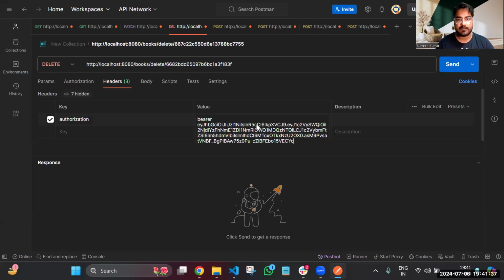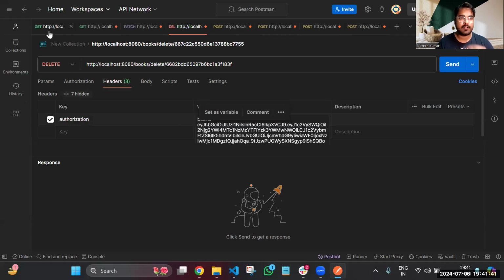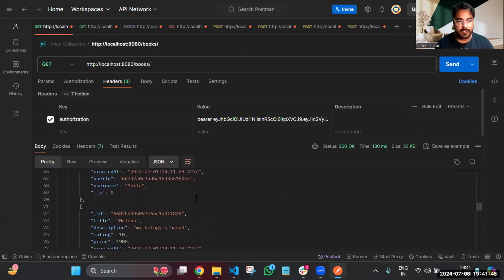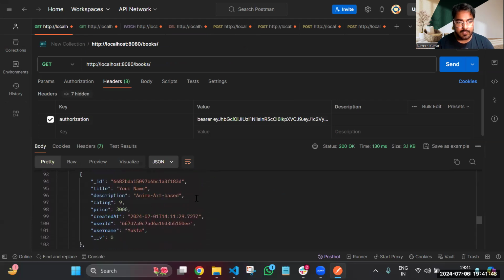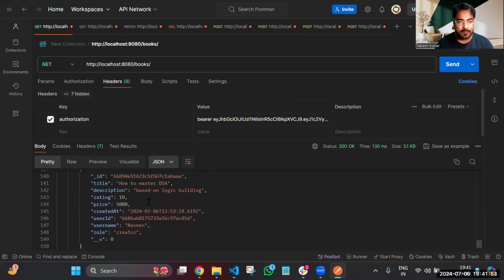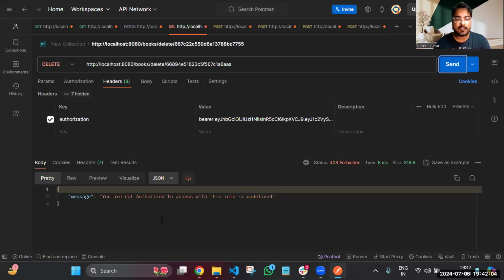I'll simply paste this and I'll take one ID, which is a book of mine. Okay, so this is the book which I've created. I'll copy the ID and I'll paste this here. And if I hit enter, you can see it says that you are not authorized to access with this role